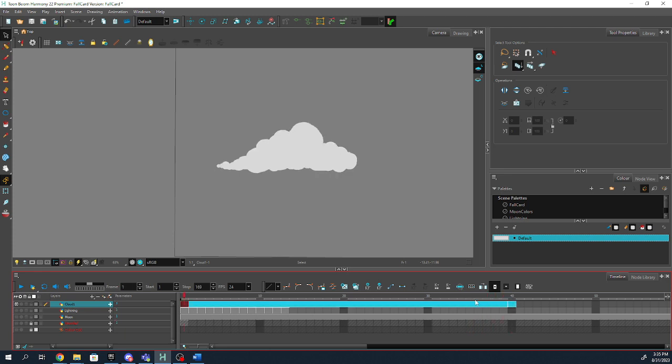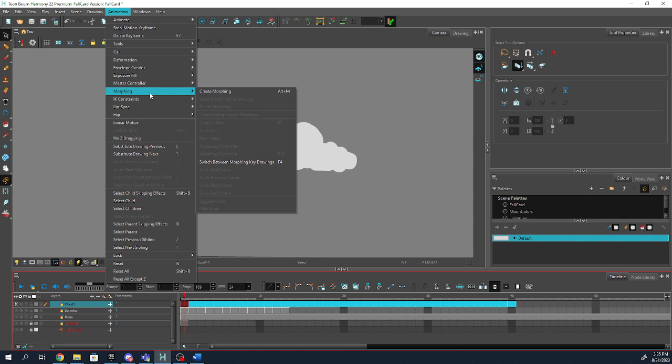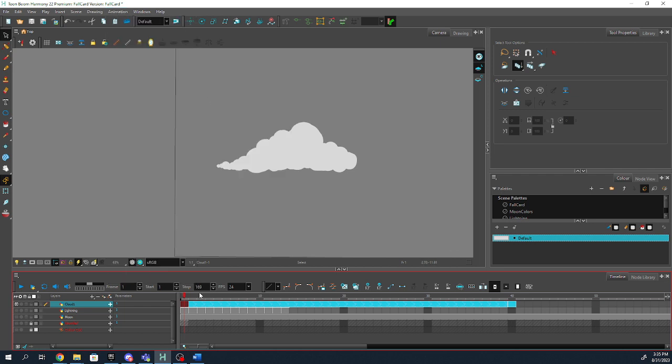And I'm going to do both, select all of that, and go to animation. I'm going to try morphing. Now, when I create this morph, it is just going to morph one into the other, and it's going to do it in whatever way it thinks is right. And with a cloud, since there's no real definitive way of a cloud moving,